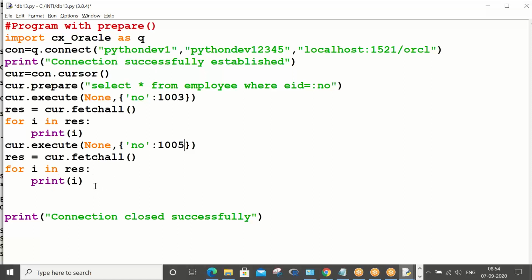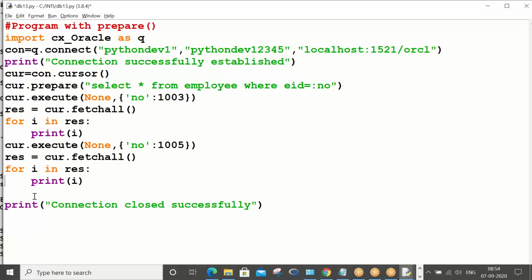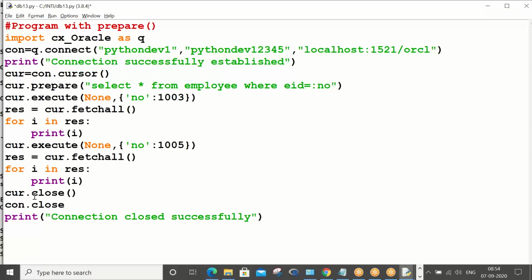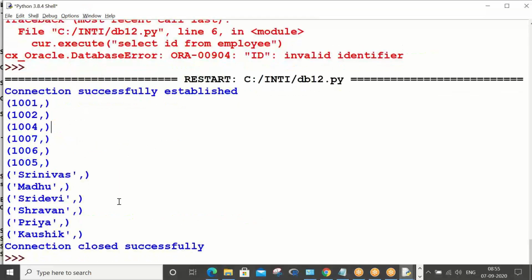Again I'm using a for loop to fetch that. Okay, so closing steps I've missed. Let me write them down. Cur dot close, con dot close, Ctrl S, F5.